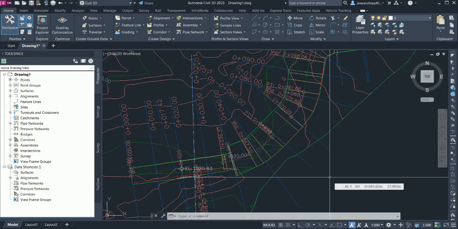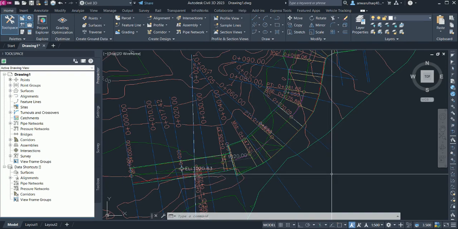Hello everybody, today we are discussing Civil 3D. The use of Civil 3D is very important for a field civil engineer who is executing projects of roads, landfills, hydel power plants, storage capacity,